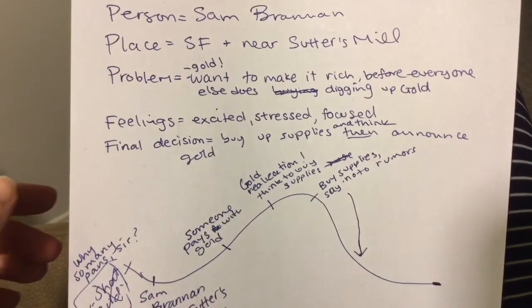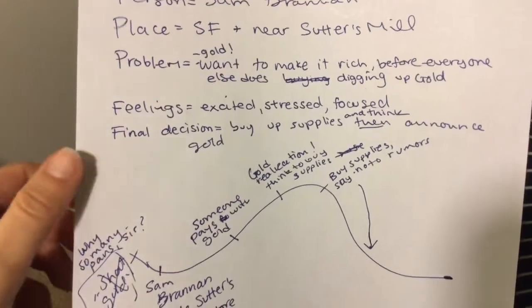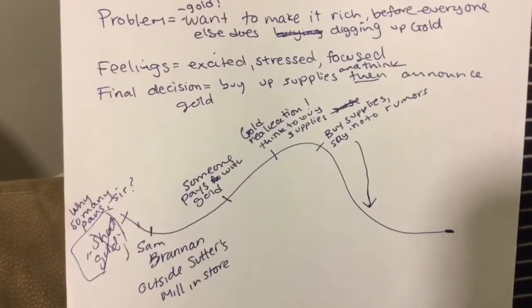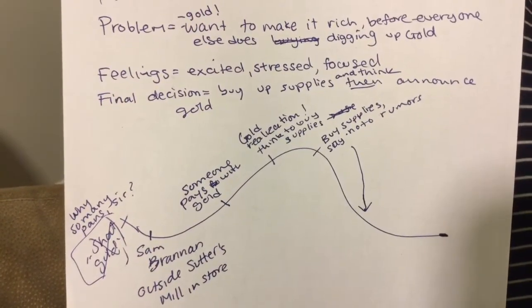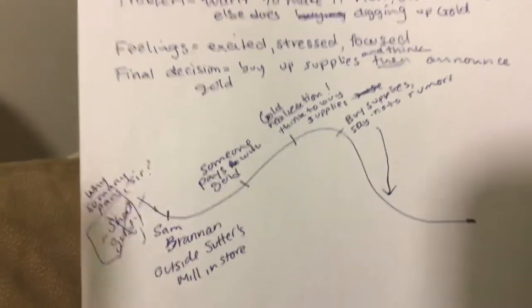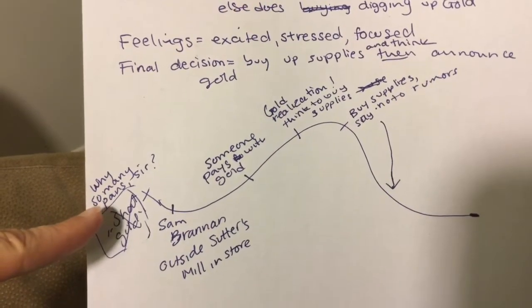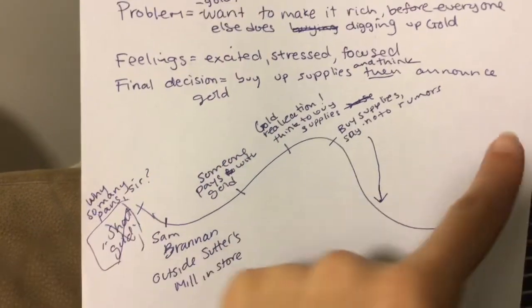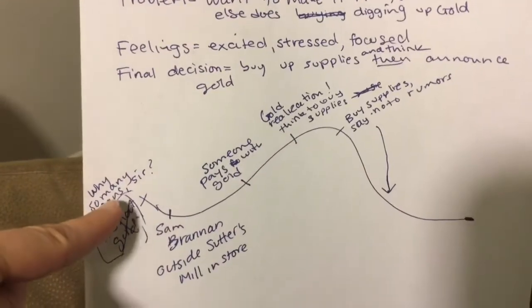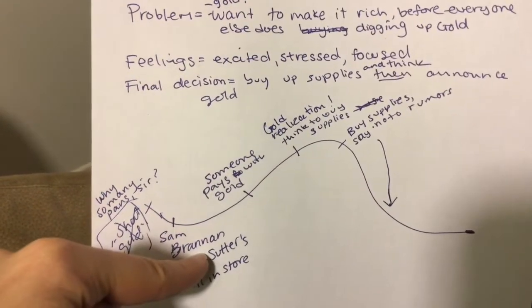Now, one thing that I wanted to give you as a new tip today, other than this story arc, is I wanted you to start your planning with a small detail. When you choose a small detail, like someone saying something, a small action, you put your reader in the moment. So I thought, I'm going to have somebody ask him, why so many pans, sir? Like when he's buying all these pans. I'm going to put it at the beginning, and then I'm going to go flashback 20 minutes.